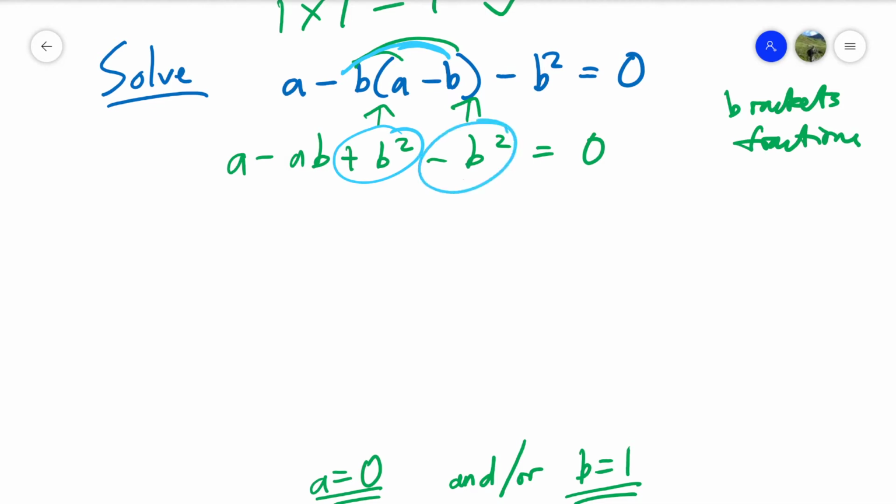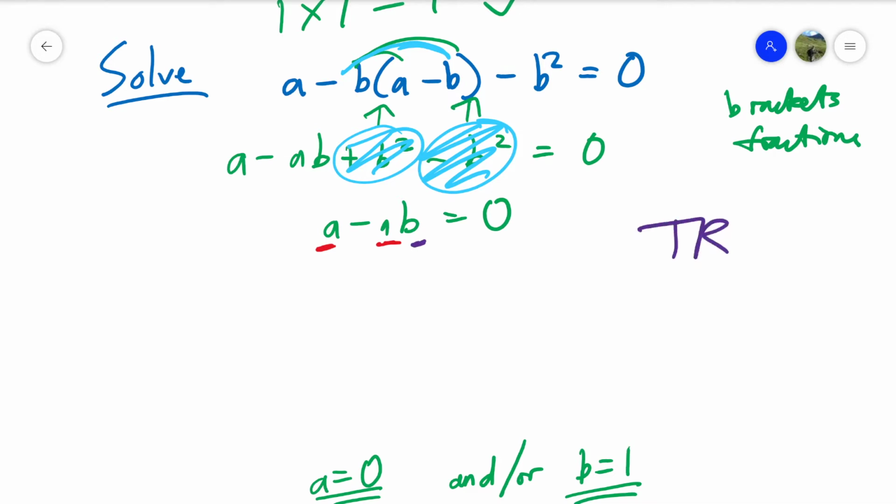So we've got a plus B and a minus B. They just cancel. Plus B squared and a minus B squared. They just cancel, which leaves us with A minus AB equals 0. We've got two different objects. We've got an A and we've got a B, and only one equation. So in theory, we can't solve it unless by any chance we can use that trick, the trick where you